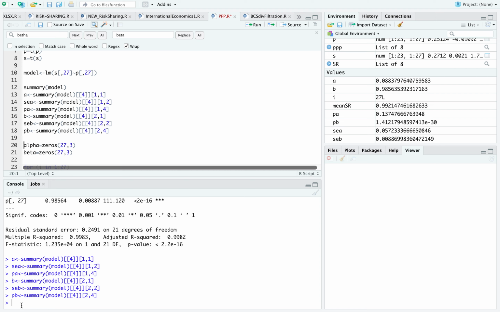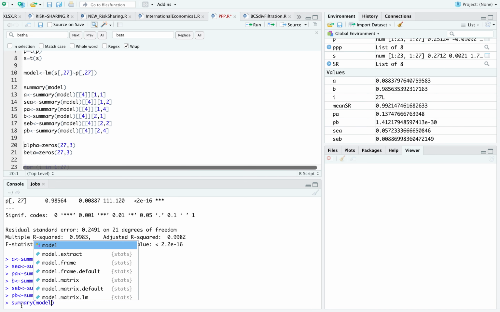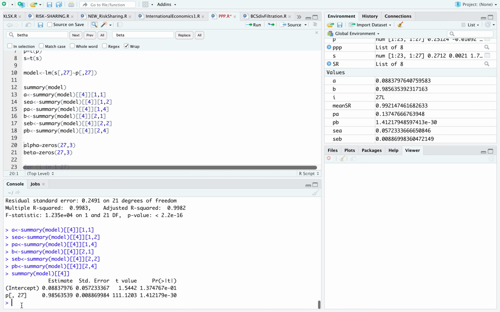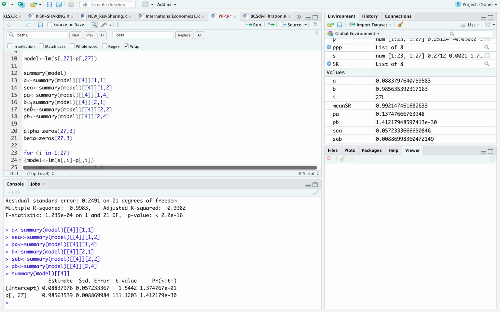Maybe let me show you this here. For example, summary model, and if I put 4, I'm getting, you see, this matrix with 4 different positions. I was interested in coefficients A, B, those two. I was interested in standard errors, and I was interested in p-values. So those are the ones that I've taken. You can take more, but because I'm really, really lazy, of course, I'm not going to estimate 27 different